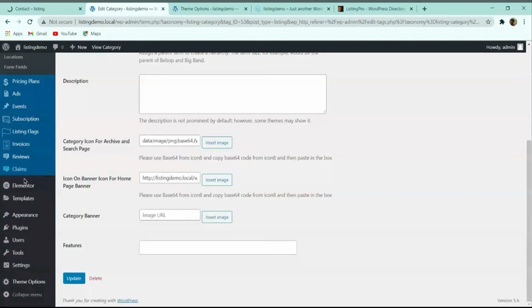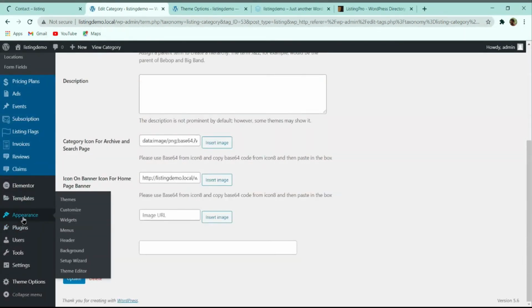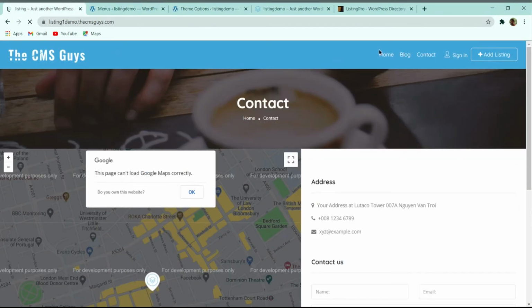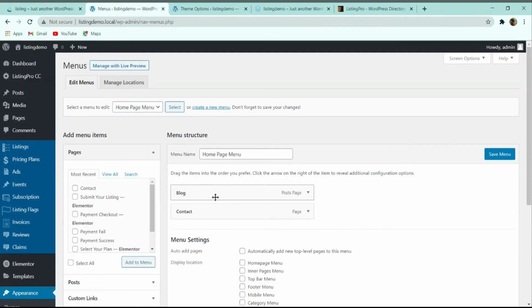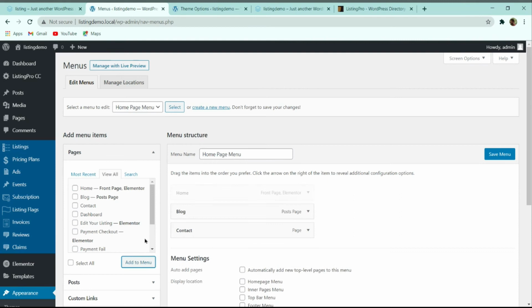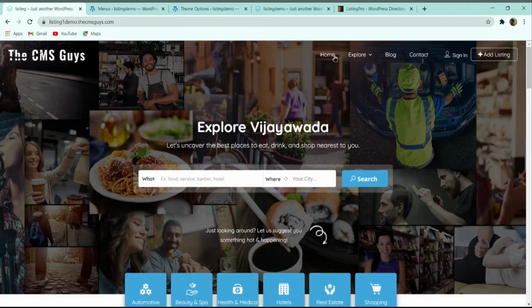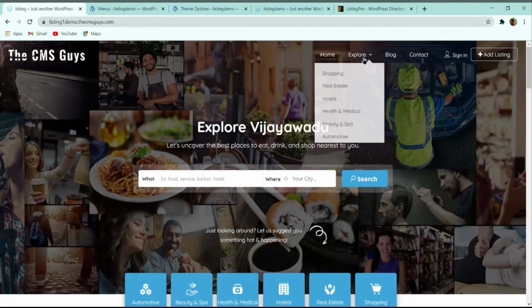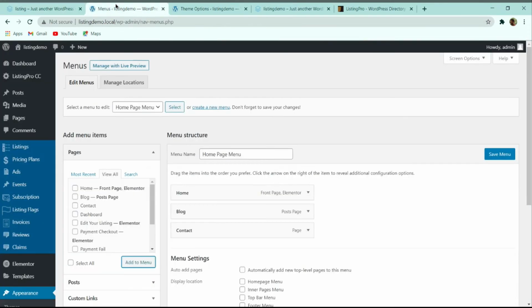To create menus, hover over appearance and click on menus, and here you can see the menus. For this home page menu, let me go to the home page, and there you will find that the home button is also available. Here you can see home, blog, and contact are also there. After that, you have to add explore, suppose.